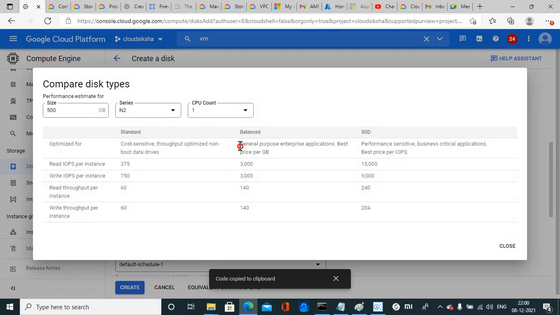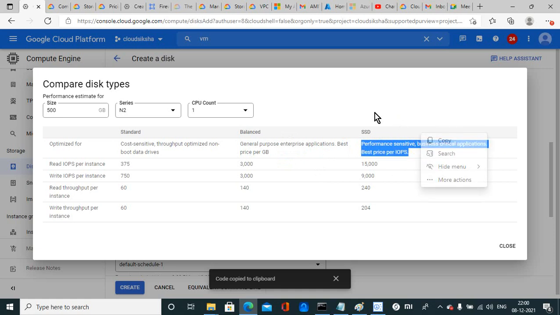And balanced persistent is for general purpose enterprise applications, best price per GB. SSD is for performance sensitive business critical applications, best price per IOPS, and this is basically used for SQL or database services, not for SAP HANA. For SAP HANA you need to use the extreme persistent disk.